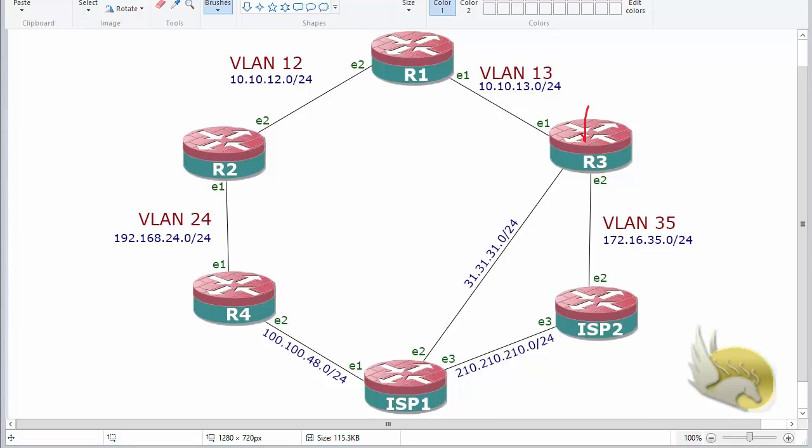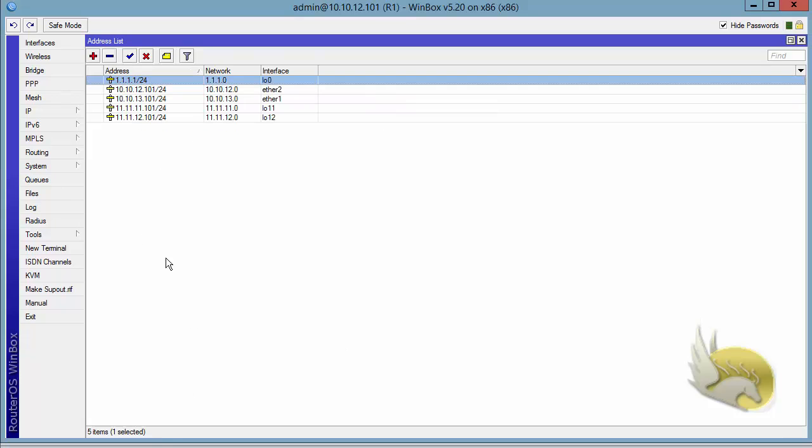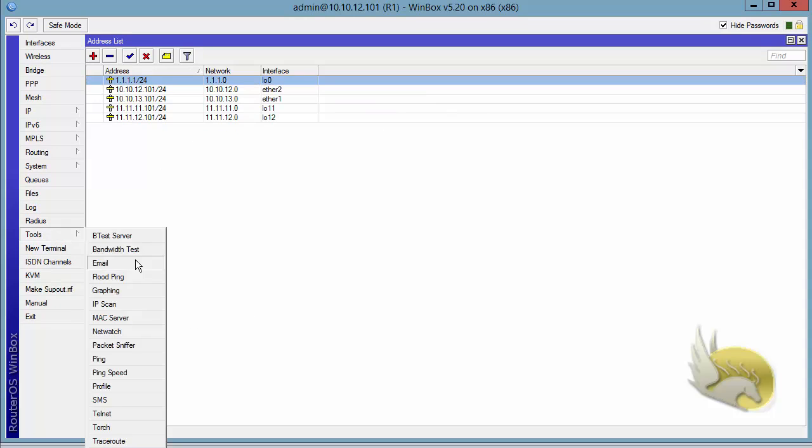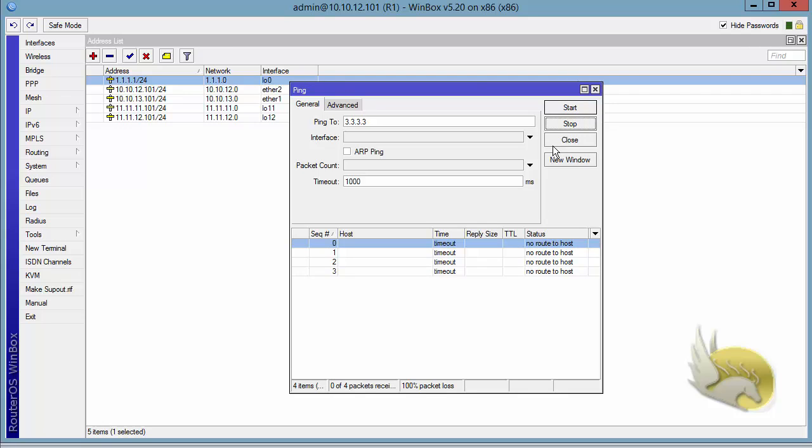If I go to router 3, you can see that I have 3.3.3.3 as the loopback 0 interface, and on router 3 this is a connected interface, but on router 1 I have no idea where this exists. If I try to issue a ping from here to 3.3.3.3, it tells me that there is no route to the host. Okay, so I need to configure a static route to show this router how it can reach